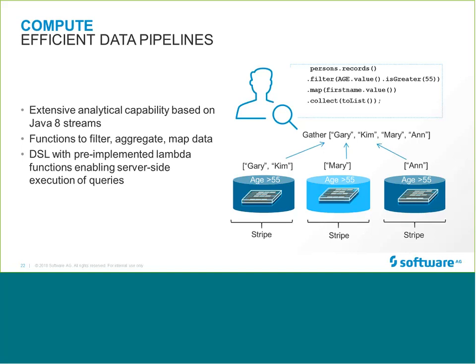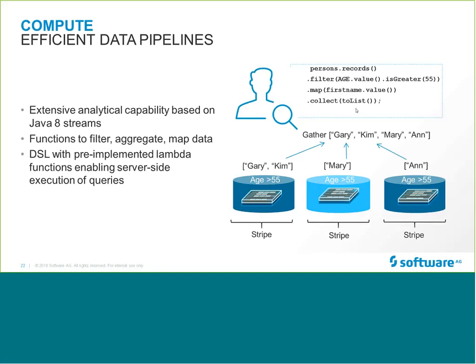So for example, in this case, you see a record stream called persons.record, and I'm saying go to the Terracotta server, look for anybody who has an age greater than 55, map those people, get their first name, collect into a list, and give it to me. This is my requirement, right? And look at the clarity of the code. Because Java functions are a very good way of programming, right? So I do persons.record, open a stream, and then I say dot filter age value is greater than 55, right? Then I say dot map first name dot value, get the value of the first name, and then